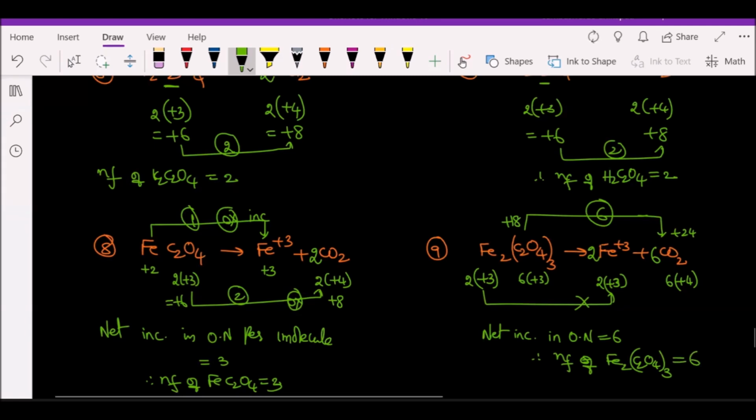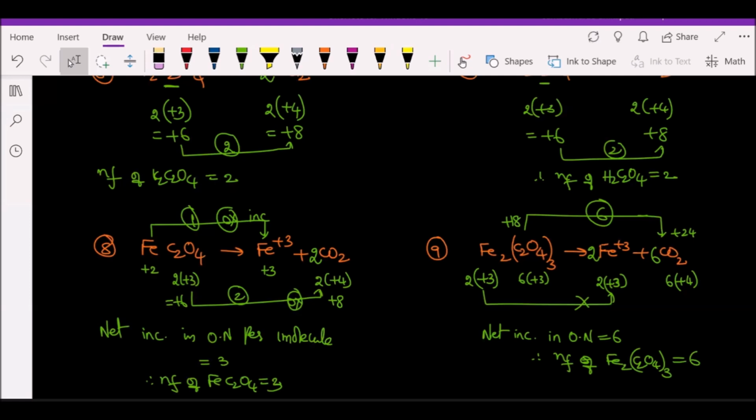Mr. Divit can continue. Sir, if we take the oxidation number of iron and carbon as X and Y, we can do it directly, no, sir? You can do whatever it is, no problem. I want to find the final increase. So if it is a shortcut method, you can go for it, no problem. Then the oxidation number per one molecule, we have to check for which molecule we are calculating the N factor.